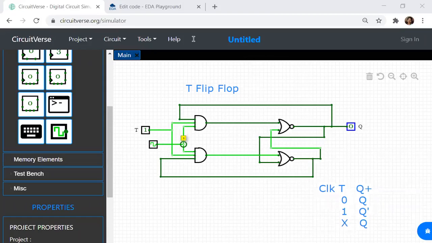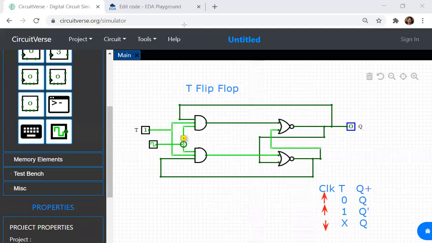Now if I draw the clock, I am showing the positive edge of the clock. During the positive edge of the clock, and for any other clock cycle, it will be 0. So this is the function table, or truth table you can say. Since I designed this for the positive edge, you can also design it for the negative edge as I've shown in the coding. During the positive edge of the clock, if T is 0, Q will be Q. During the positive edge of the clock, if T is 1, Q will be equal to Q bar. In all other conditions, it will follow the previous state.